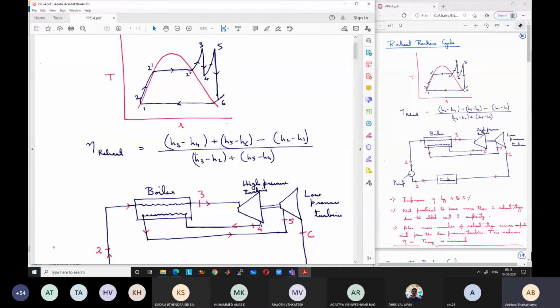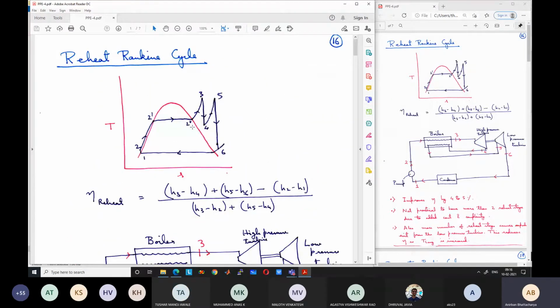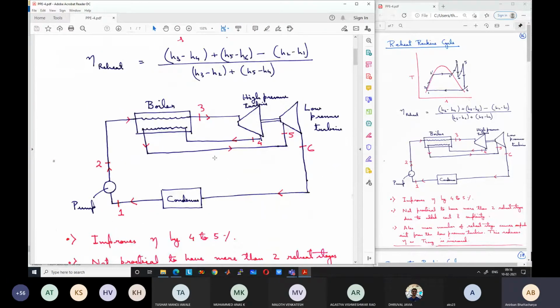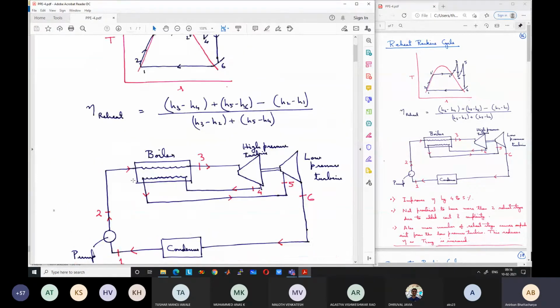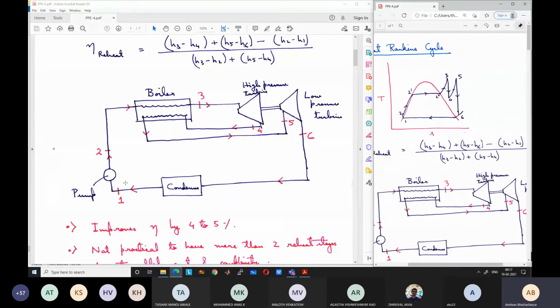So if we want to draw the mechanical diagram of all the equipment, okay, we can draw schematically like this. So from 1 to 2. So I will keep, so you have the cycle open on the right hand side. Okay, you can correlate it with this mechanical diagram. So from 1 to 2 is the pump compression process. So from 2 to 3, the fluid passes through the boiler. Okay, so there is heat addition in the boiler.